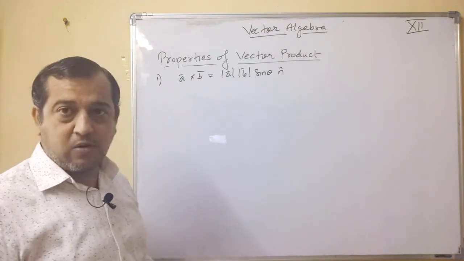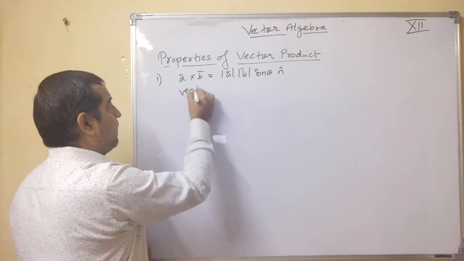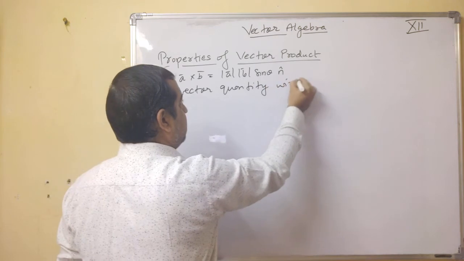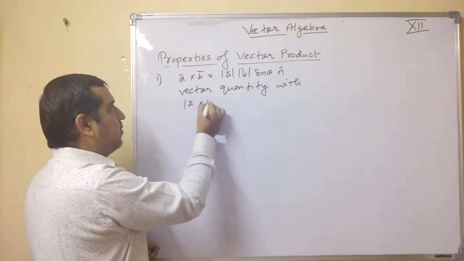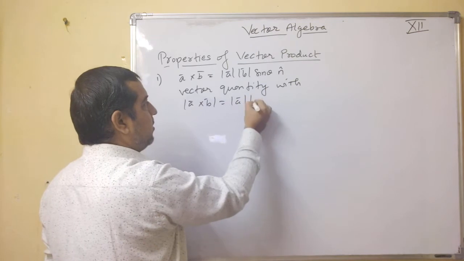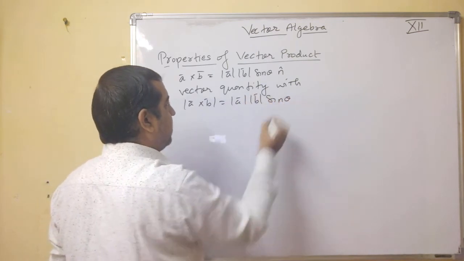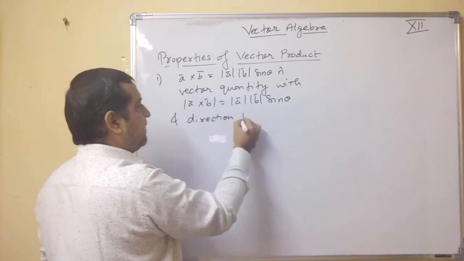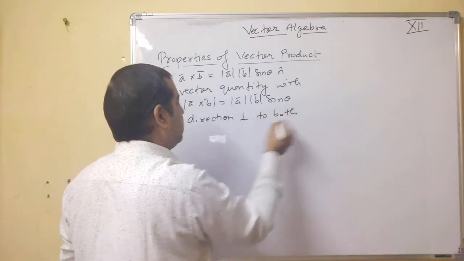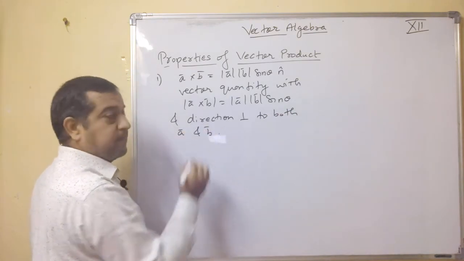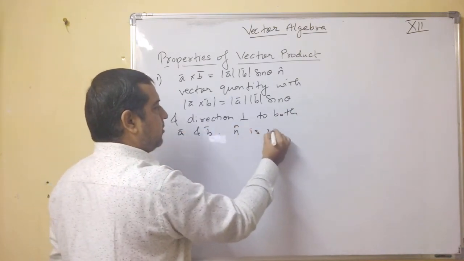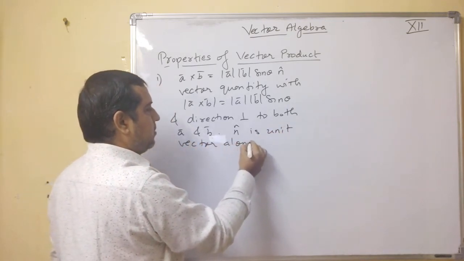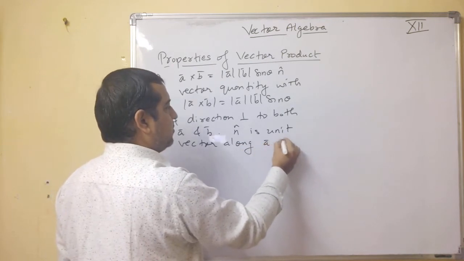It is a vector quantity with magnitude mod of A cross B. This is mod A mod B sin theta, and direction perpendicular to both vector A and vector B. N cap is unit vector along